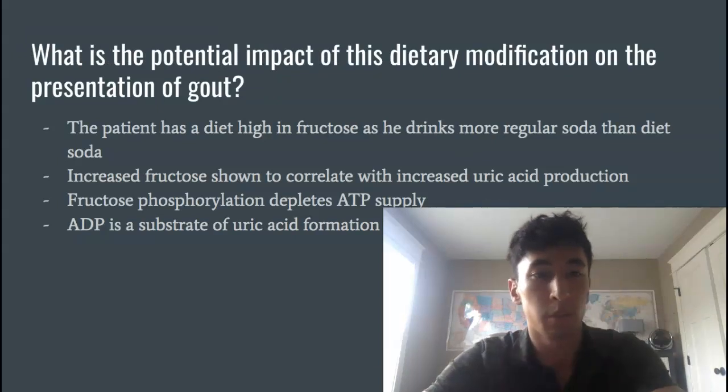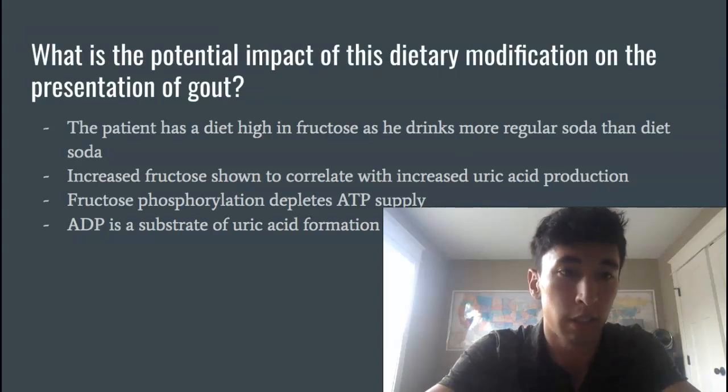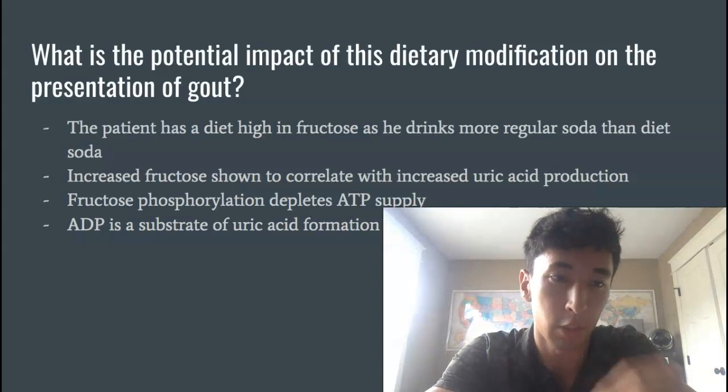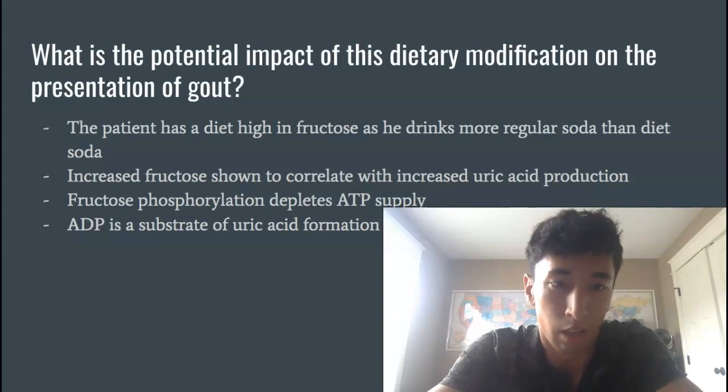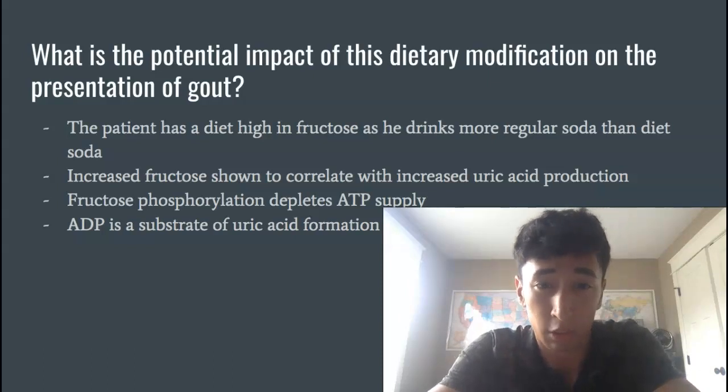Okay, and then what is the potential impact of this dietary modification on the presentation of gout? The patient has a diet high in fructose, as he drinks more regular soda than he obviously should. A diet of 4 to 5 liters of soda a day causes a high purine load, as fructose is high